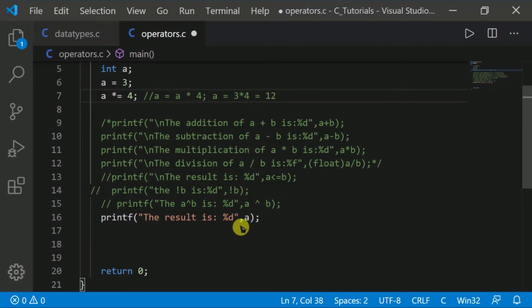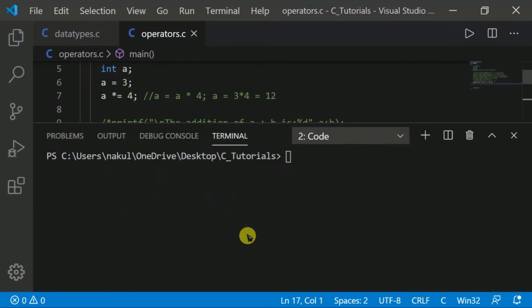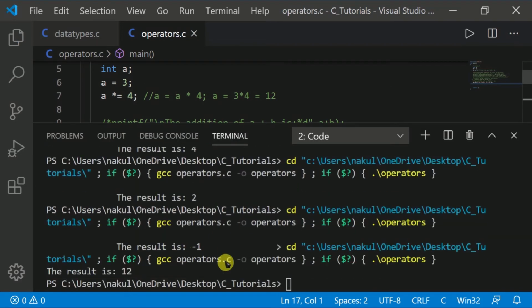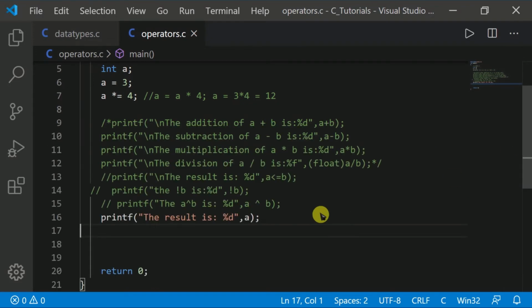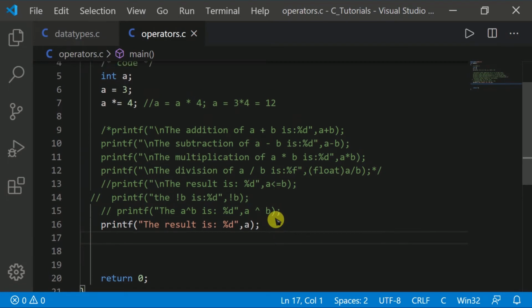So let's check the output. As you can see, the result is 12. This is so cool, and these are all the assignments. Assignment operators are very important to know in the C language. So we have completed addition, subtraction and multiplication.